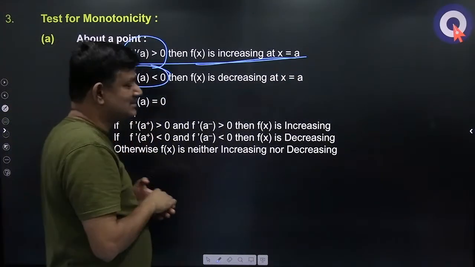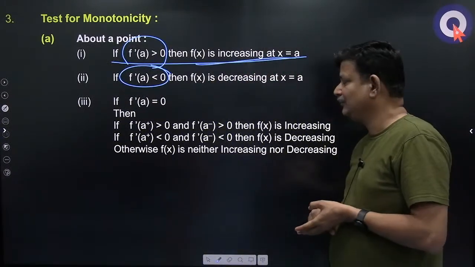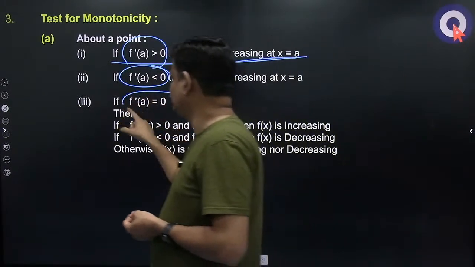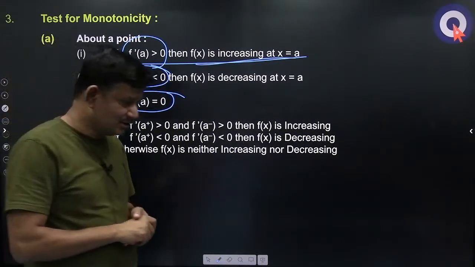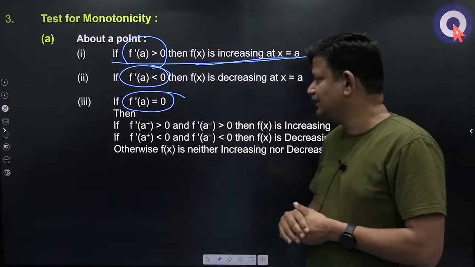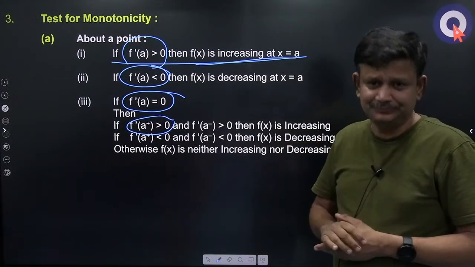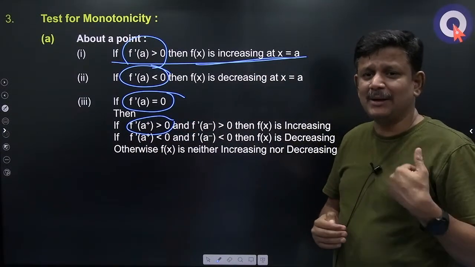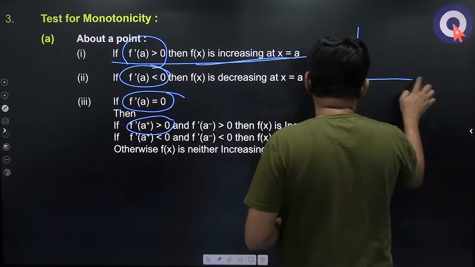Similarly, if f dash A is less than 0, you can say it is a decreasing function at the point A. If f dash A is 0, then you cannot say it is neither increasing nor decreasing. It can still be increasing or decreasing. What you have to look at is f dash A plus, what is happening after the point and what is happening before the point. For example, if you look at the function x cube